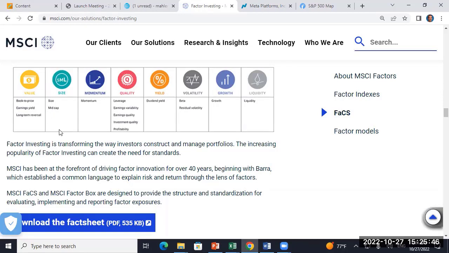But here they give you a little bit more. So value: book to price, which is actually the inverse of price to book. That's the traditional manner. Earnings yield is pretty easy. If dividend yield is dividends over price, what is earnings yield? Earnings per share divided by price. What's the flip of that? The PE ratio. So they say book to price, but that's the price to book ratio flipped. Earnings yield is the flip of the PE ratio. And long-term reversal, they're just kind of looking at what earnings revisions are doing. Size,